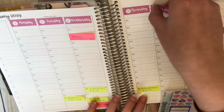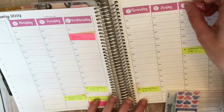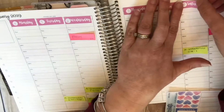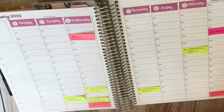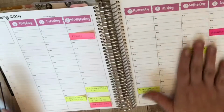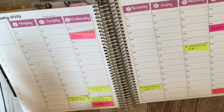On Friday. One thing that I do really like about the Erin Condren is that it goes on the weekly spreads from Monday to Sunday. And I like that because I like to see my weekends grouped together, like to have that view together rather than them separated. So now that we have our headers in,